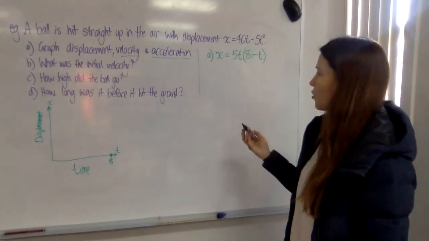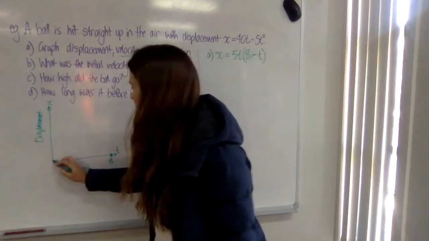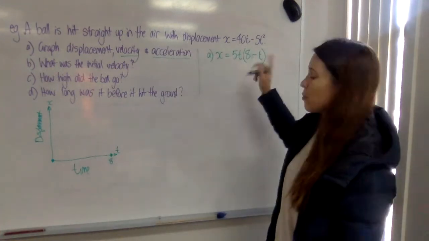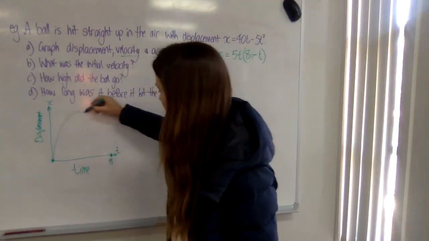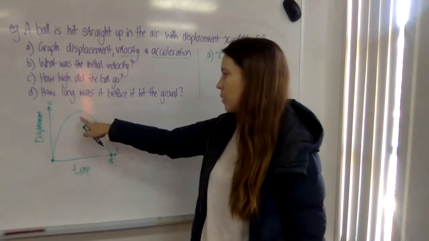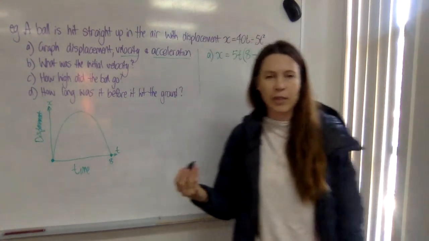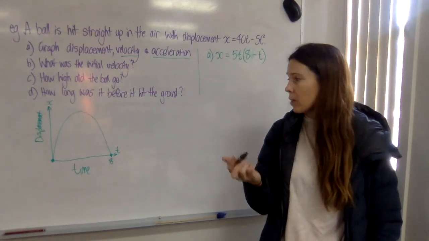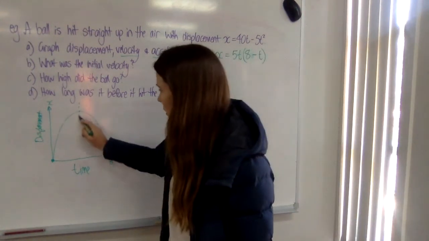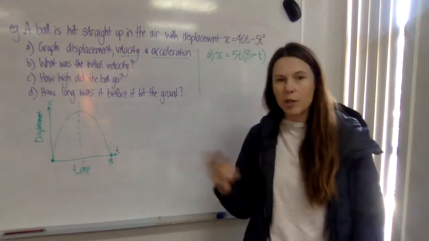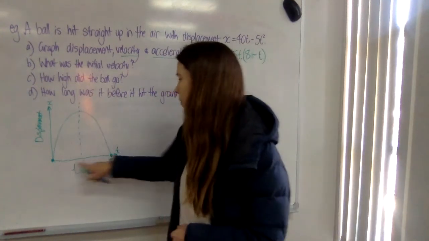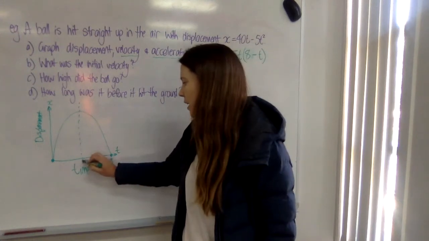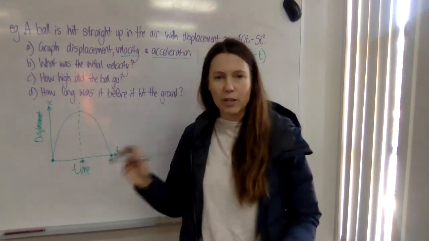And now I need to graph this. Now I can see that I've got intercepts here and here, and I can also see that it's an upside down parabola. That's enough for me to rough in some kind of shape here. Now, when it comes to finding this point, you've got a few skills. You'll need to go right back to year 11 and look at your skills that you have with parabolas. We can find the axis of symmetry a couple of different ways. The most logical way here is just to average the x-intercepts, or the t-intercepts in this case. So I can see that this is going to happen when time is equal to 4 because it's literally halfway